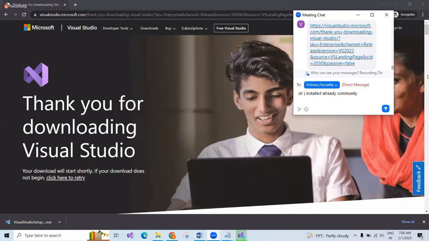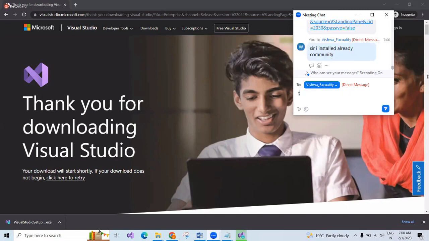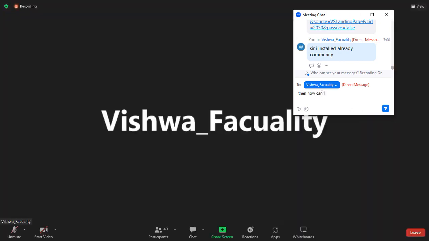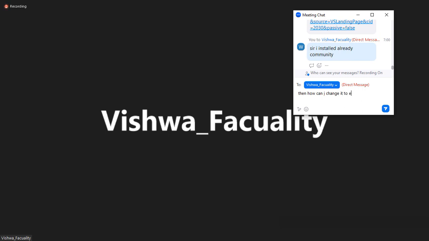Okay, so Reshma, share your screen. I think you cannot share. Okay. Wait. If I'm able to open, then only it will show the modify option for me also. Then I can show.